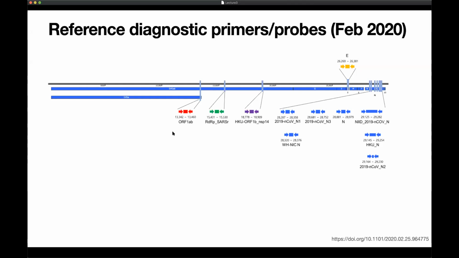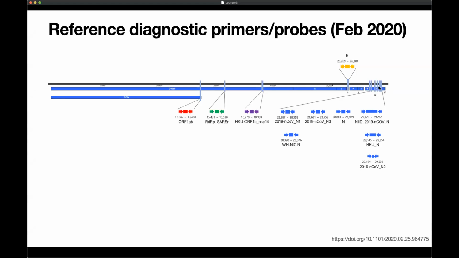And there's a really great depiction of where all these primer and probe pairs were located. So you will see that they are identified. There are 3 ingredients to each diagnostic test. So you have 2 primers. You have the forward primer, the reverse primer, and in between them you have this square, which is the probe. It shows you which parts of the genome, in reference genome coordinates, are being targeted. So they're targeting different genes. You notice that there is a large number of probes